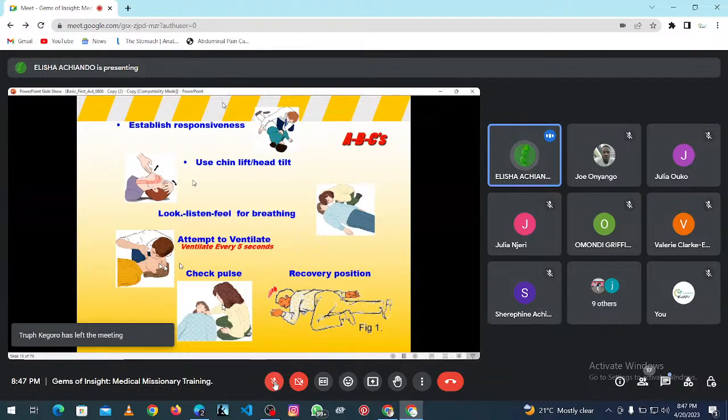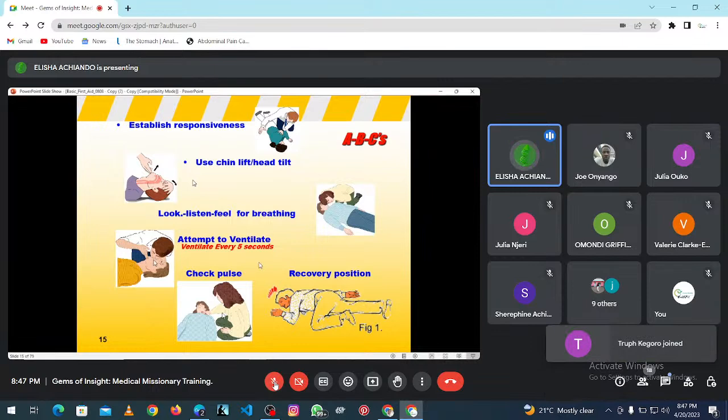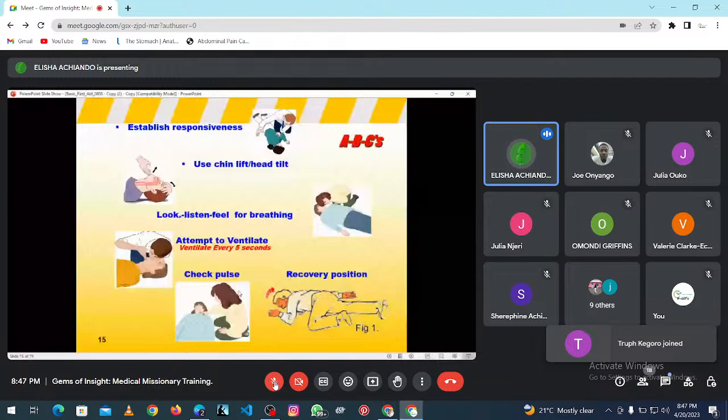We are also checking the pulse, that is the circulation, and making sure basically that these people's hearts are pumping. And you know what is associated with the heart not pumping? It basically means that you are not supplying enough oxygen to the brain, and this can easily lead to death. So I've talked of A, I've talked of B, I've talked of C, and I want to talk about C in a few more minutes.